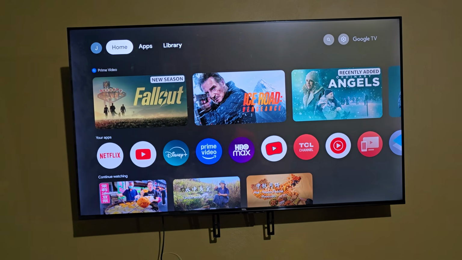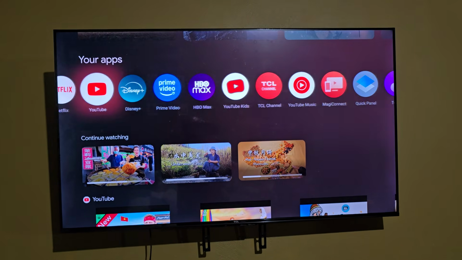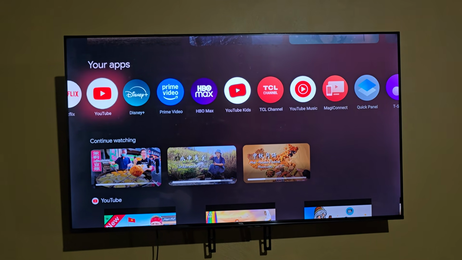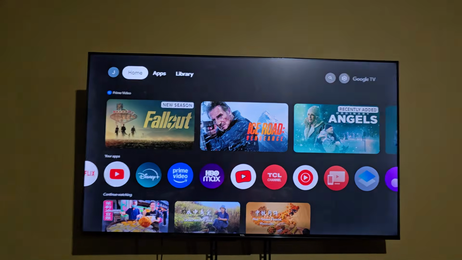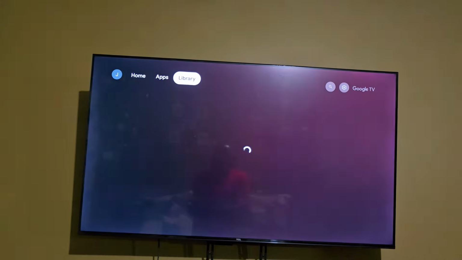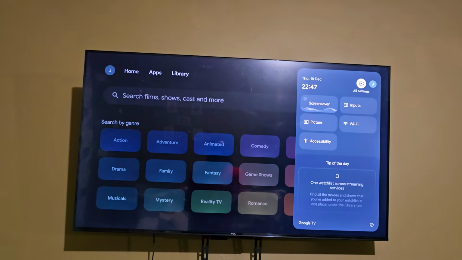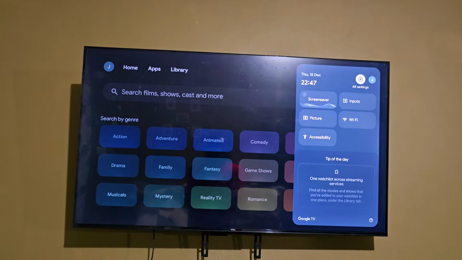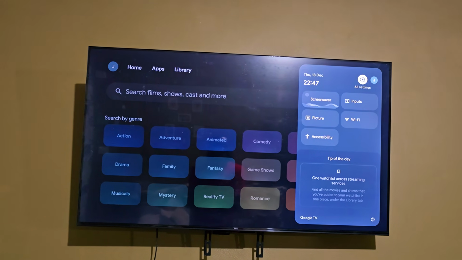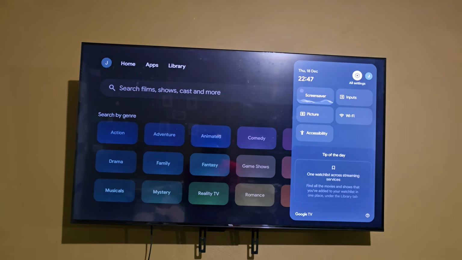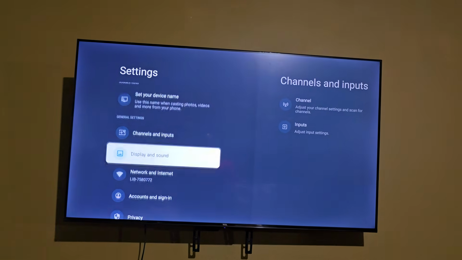So straight away, if the YouTube app is crashing, as you can see here, we have the YouTube app. If it constantly crashes or is not working, I'm going to show you how to fix it. So straight ahead, go all the way up. You're going to go over. You're going to go into the settings menu, and in here you'll see the gear icon. Select the gear icon for all settings. Now once you're in here,